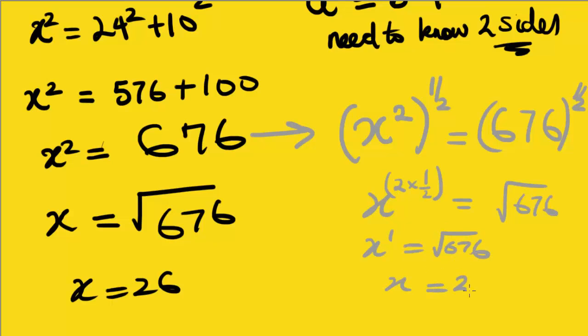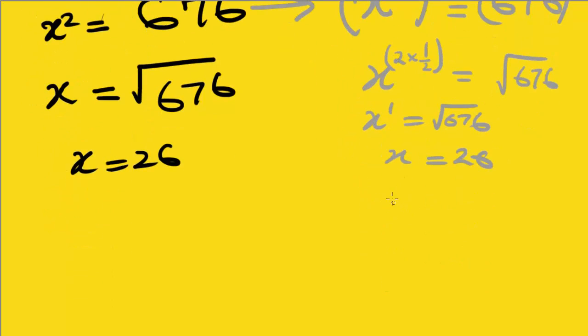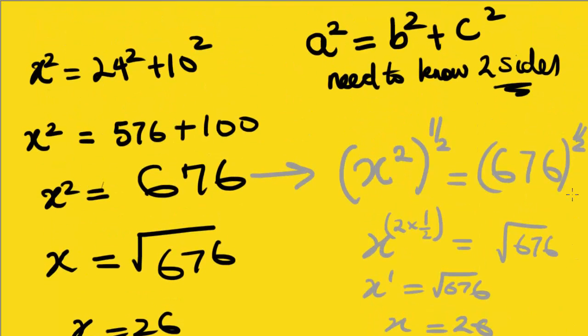Let me just quote the law of indices, the exponent law I just used. I mentioned it in the previous video, but just for those of you who didn't watch it. The law is as follows: a to the n raised to the m is a to the n times m. As you can see here, x to the 2, all raised to the half, is x to the 2 times half. How did I know to do this? I know that,